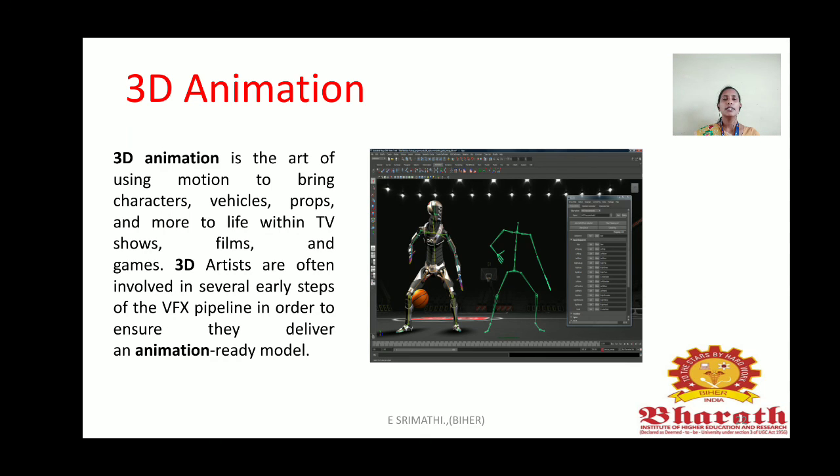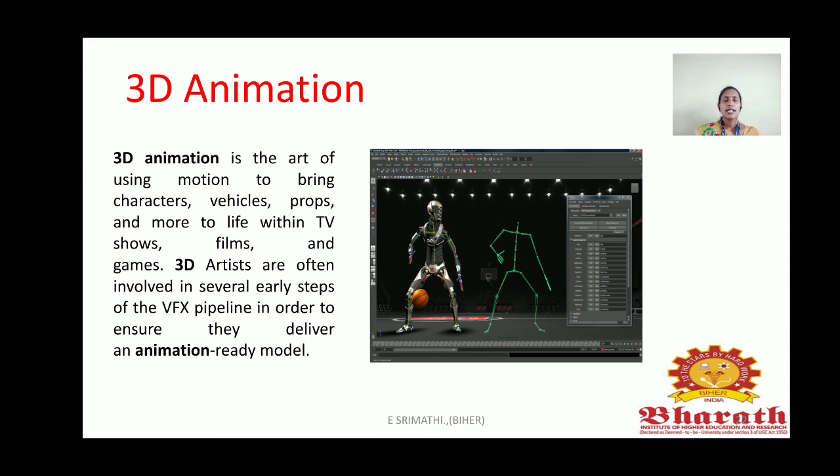When you come to 3D animation, 3D animation is the art of using motion to bring a character, vehicle, a property or more to life within TV shows, films and games. 3D artists are often involved in several early steps of the VFX pipeline in order to ensure that they deliver an animation-ready model. I have displayed one small image, where you can create one thin line and set the object according to that movement.